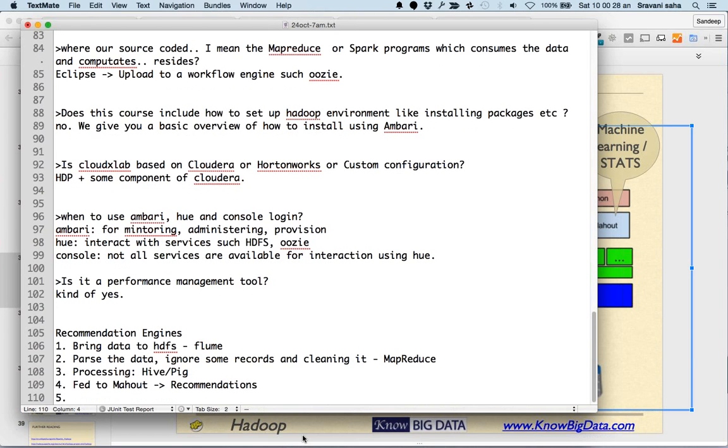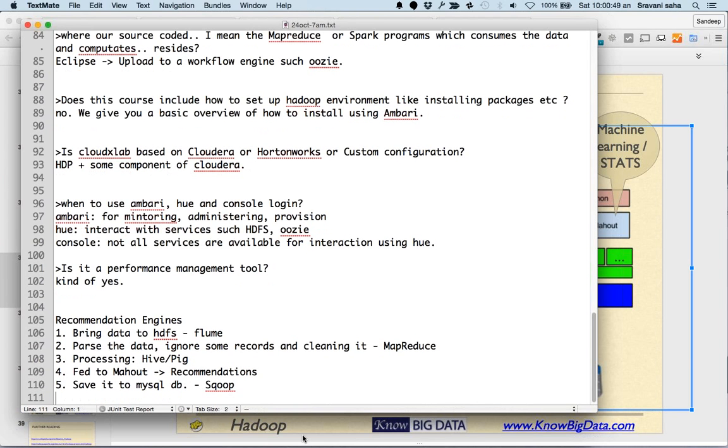Fifth was to take these recommendations and save it to a DB. Okay, take these recommendations, save it to, say, a MySQL database. For this we used Sqoop. Now if you see, even in this small project, we utilized Flume, MapReduce, Hive/Pig, recommendation,